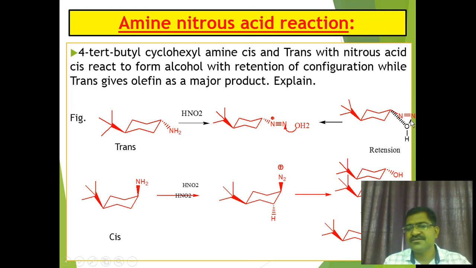See here, a cyclic intermediate forms, and the OH approaches from the same side as the amine. OH approaches from the same side of the amine, and therefore retention of configuration takes place, with formation of the equatorial alcohol. If you see the cis isomer, the first step is again formation of the diazonium ion, and the diazonium ion is then